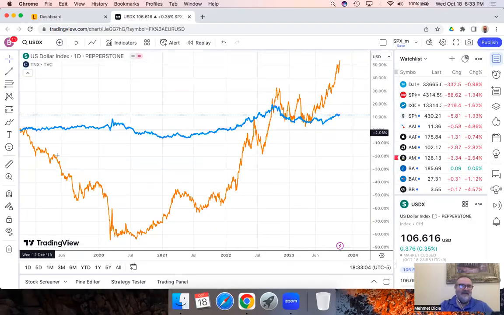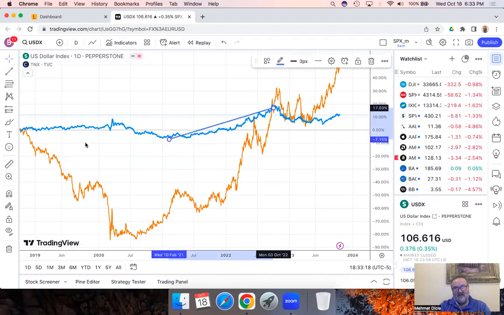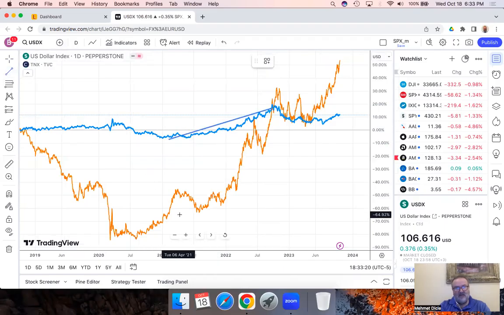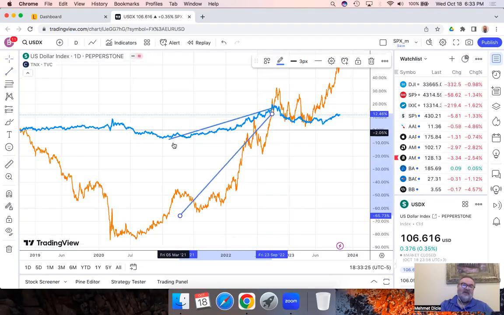So notice when the yields are going down, the US dollar is maintaining its value. And there's only a slight change. And when the yields are going up, there is a slight increase. So right there, you can actually perhaps see right there. So when the yields are going up, you actually have a little bit of an increase in the US dollar value. However, leading into the COVID and then at that COVID era,